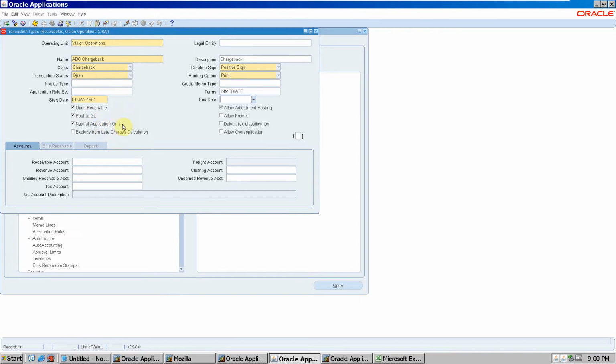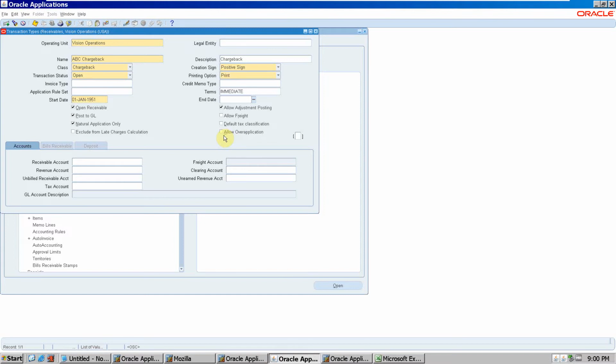Natural application only means whatever the value of the invoice is, you can only apply that on the receipt. There are two things: natural application only and allow over application. If you check allow over application, you can make a receipt